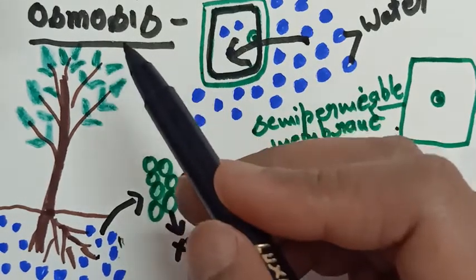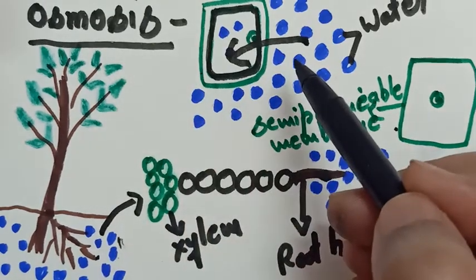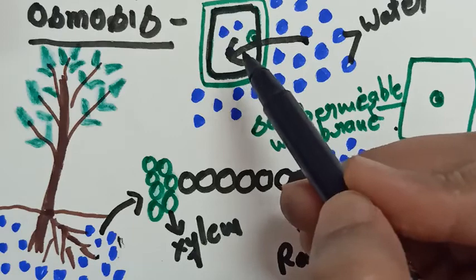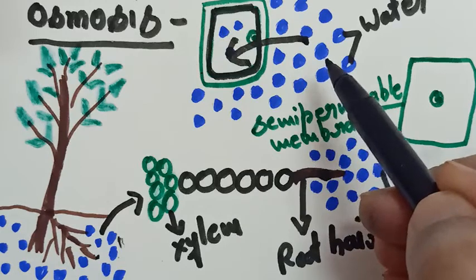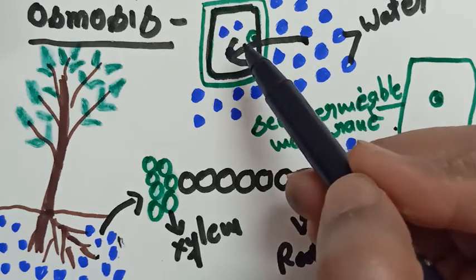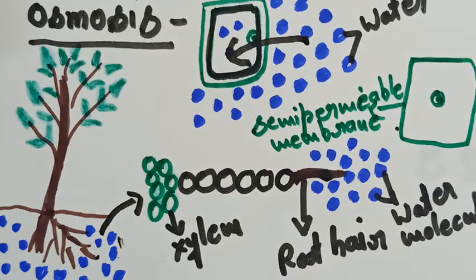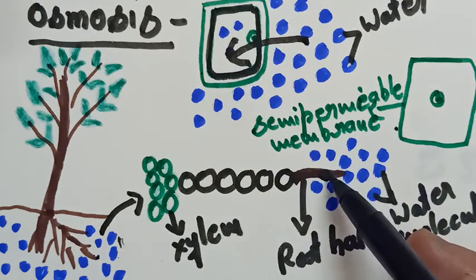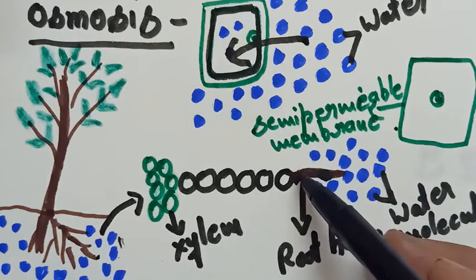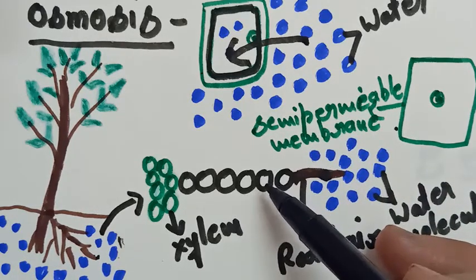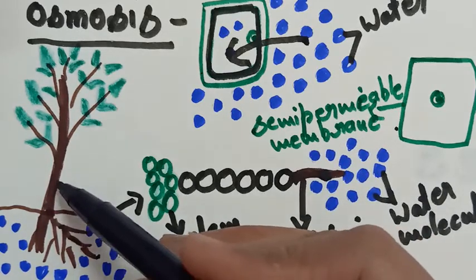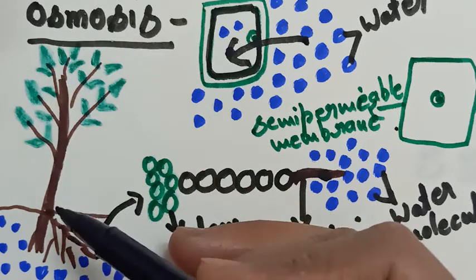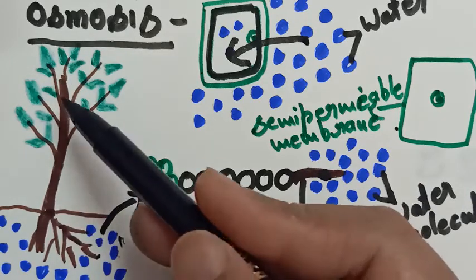So simply student, osmosis is a process by which water molecules get absorbed by the root hairs through the semi-permeable membrane from their high concentration towards their lower concentration. Alright. Then when this root hair absorbs the water through this osmosis process, it will send it to the next cell by cell to cell osmosis. Okay, so by osmosis it will reach up to the xylem, and xylem is a pipe-like structure which is present in the stem region. This xylem will conduct the water in the upward direction.